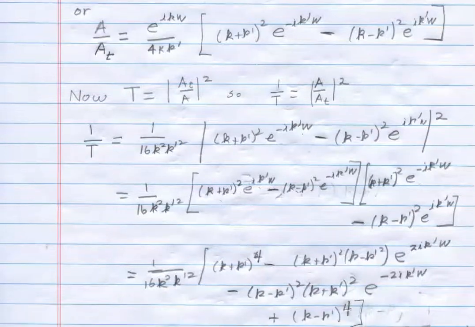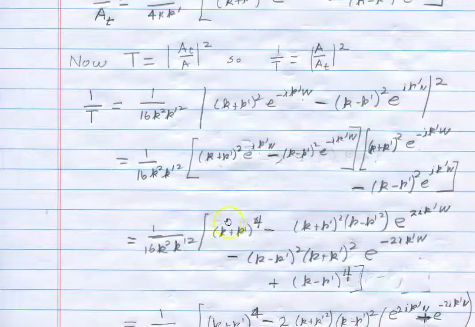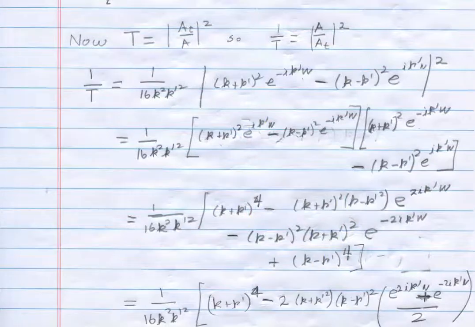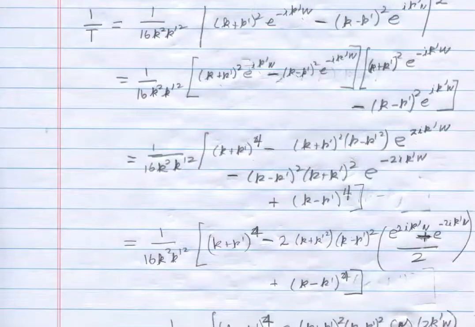And then I expand that out. So expand that out, I get this term for the term in brackets. And then I collected a few terms. If you look at these two, they have a common factor. K minus k prime squared, k plus k prime squared. And so I can factor that out, and then I'm left with e to the i k prime w, minus,